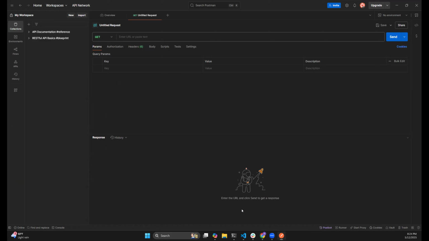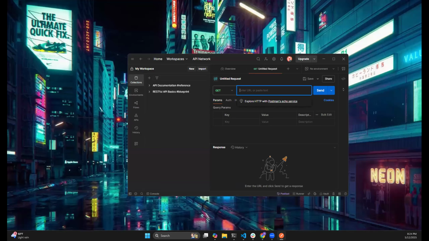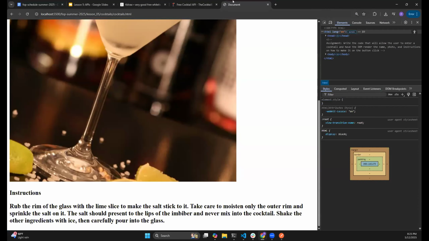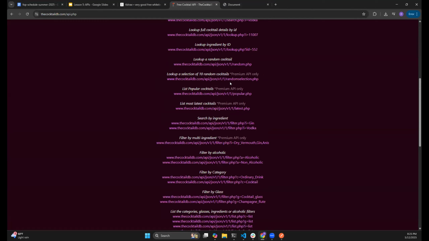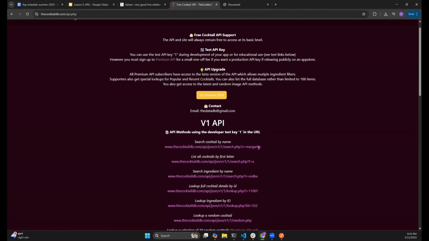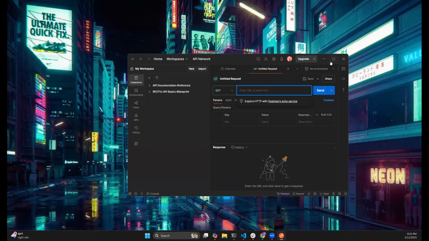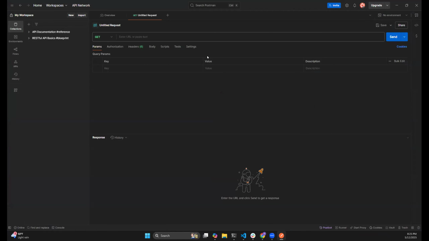We use the cocktail DB, and the cocktail DB gave you a URL. Well, I'm gonna grab the URL. This is a pre-built API, so these will work. But when you guys are creating your backend and you're working with your application, what you're going to do is